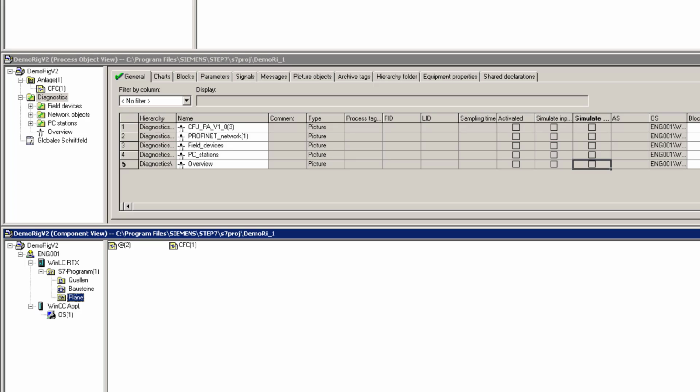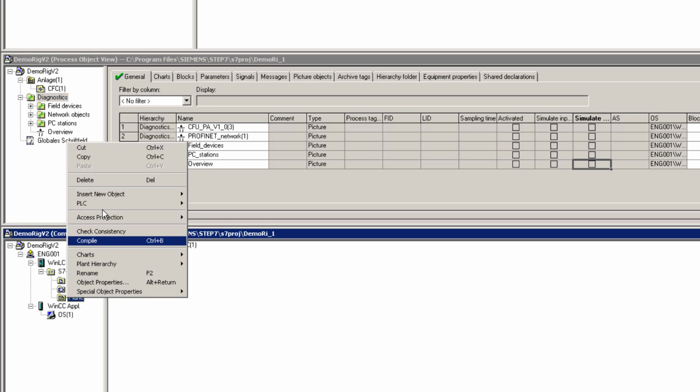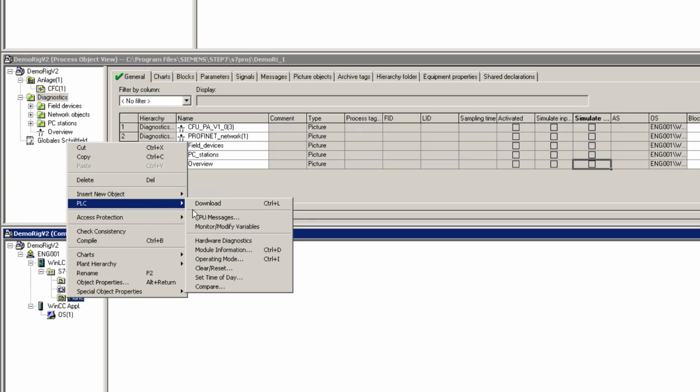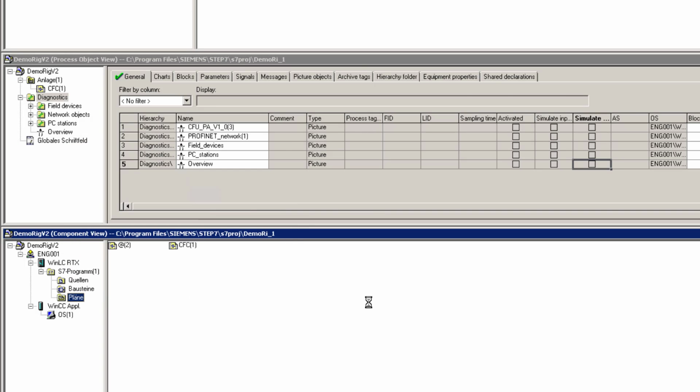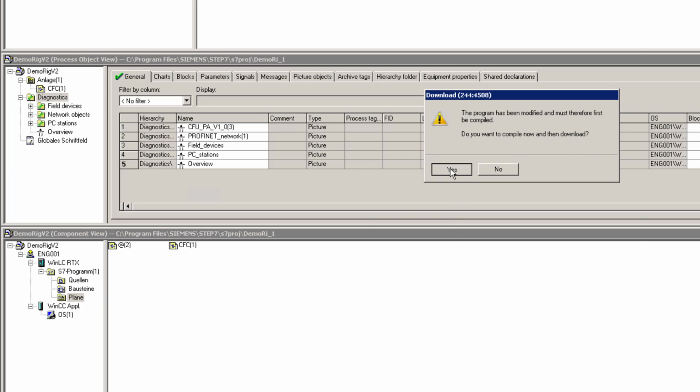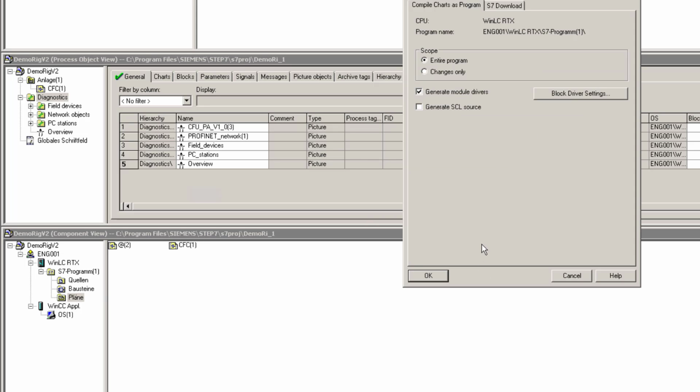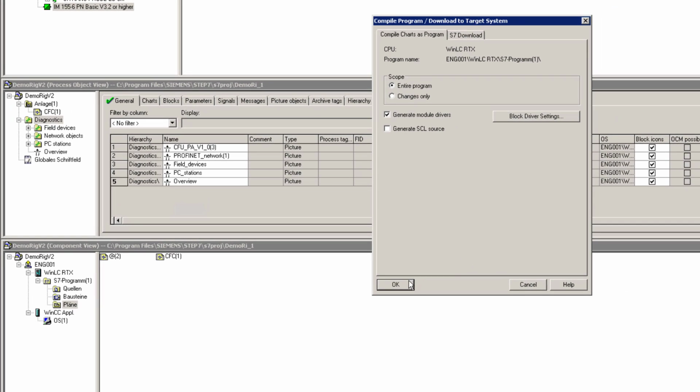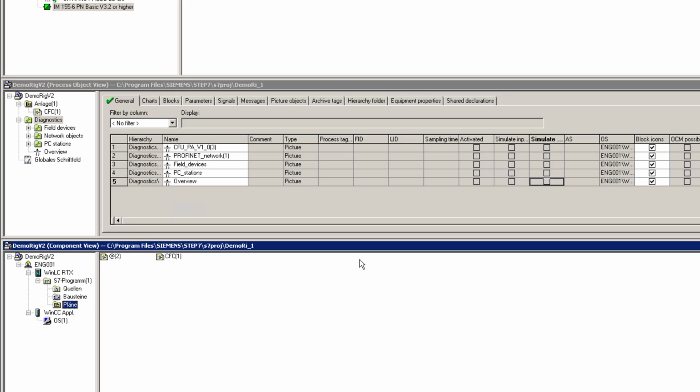So we've compiled the maintenance station screens, but we need to also download the CFCs, and they're contained under here. You can see them. If anything changes, you get a little symbol. But we'll go through the process anyway. So to download it, right click, PLC, download, and this will download it to your virtual PLC. Now we can't open the CFC to view them because the CFC license is not installed. So we have a compiled OS, and the virtual PLC is ready to go, so we can open the OS